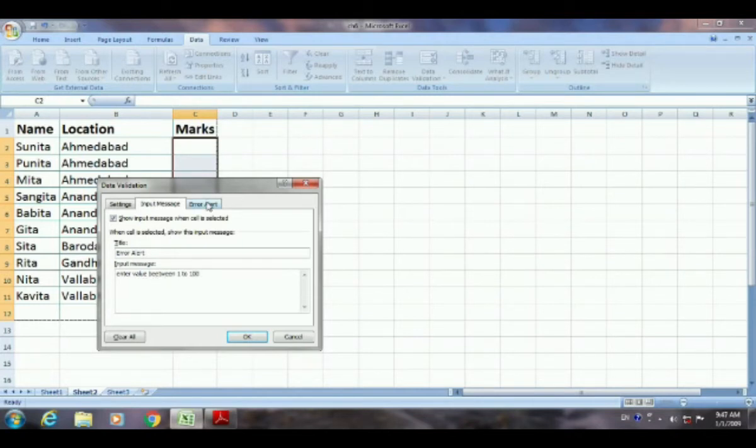And then go to Error Alert. Show the error alert when the mouse pointer is there, and click OK.